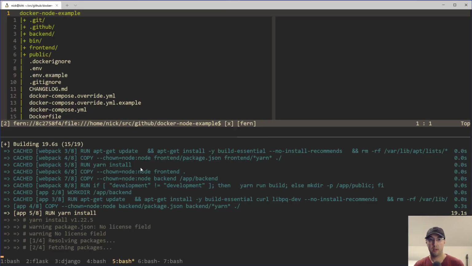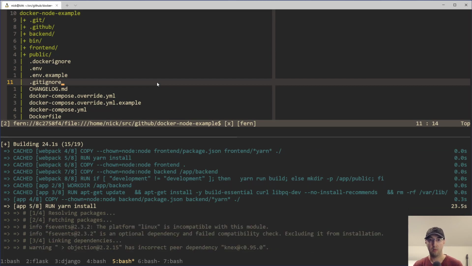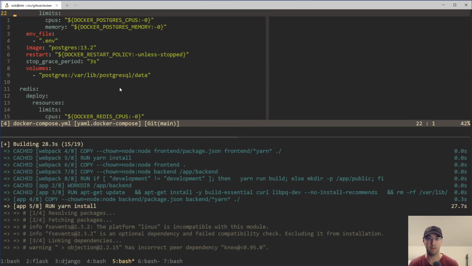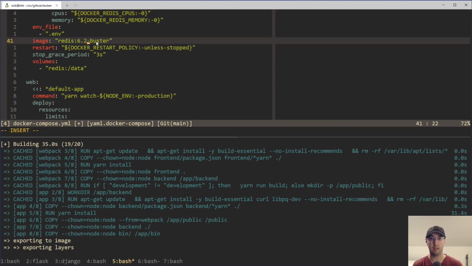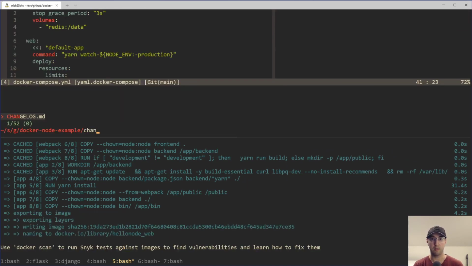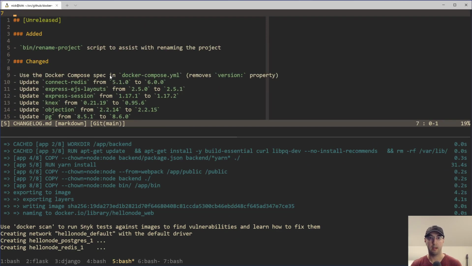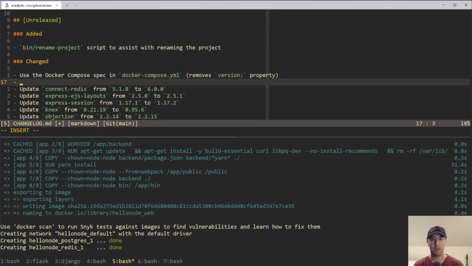And yeah, so next step here would be, well, I'll start checking to see what we're dealing with when it comes to Postgres and Redis. So this one does need to be updated. Okay, great. This one's this one. 6.2.4 was the latest release there. I'll go to the changelog for this one. And yeah, I'll do update